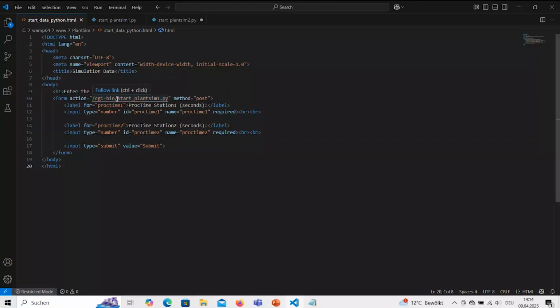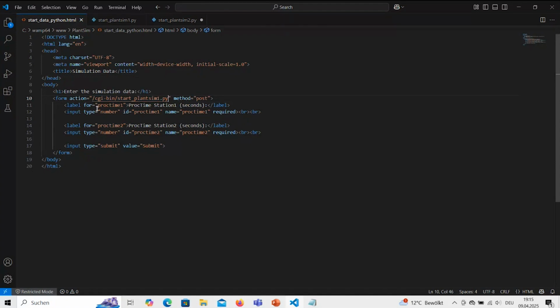And for this Python script, we need to define the path to the Python interpreter in the first line, and then the HTTP server will call the interpreter and hand over this script to the interpreter to execute it.